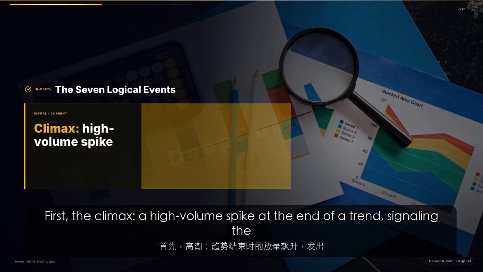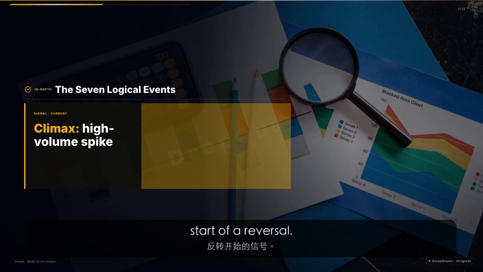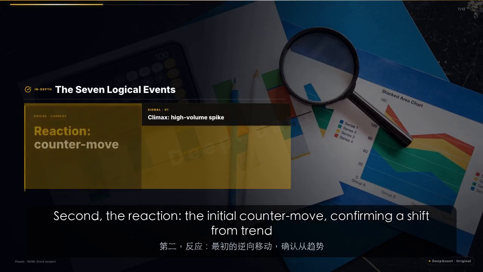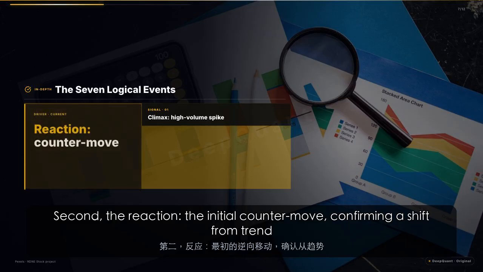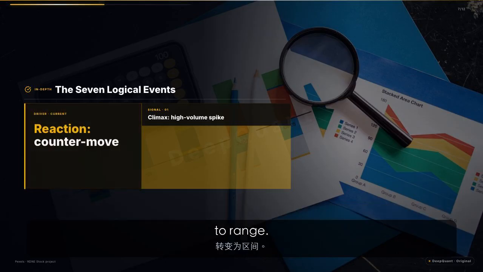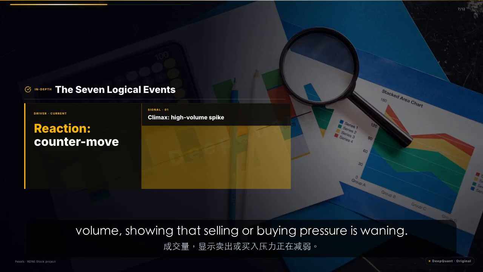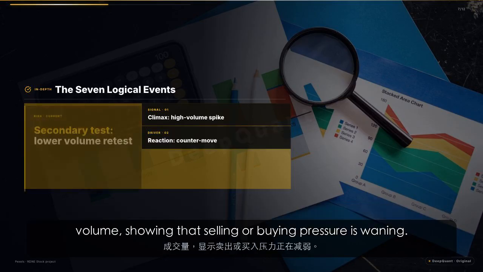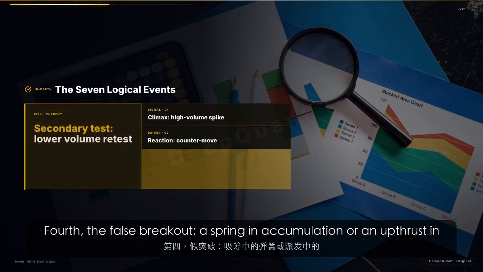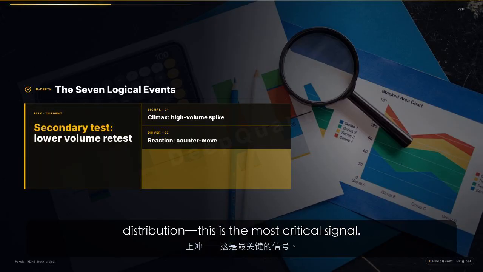First, the climax, a high-volume spike at the end of a trend, signaling the start of a reversal. Second, the reaction, the initial counter-move, confirming a shift from trend to range. Third, the secondary test, price returns to the climax level but on lower volume, showing that selling or buying pressure is waning. Fourth, the false breakout, a spring in accumulation or an upthrust in distribution, this is the most critical